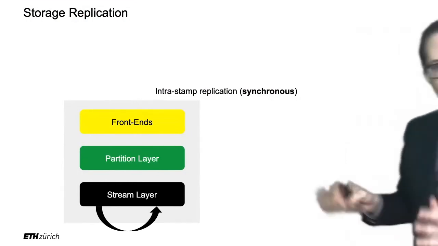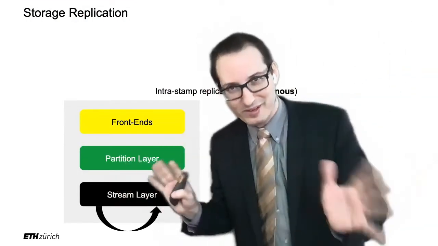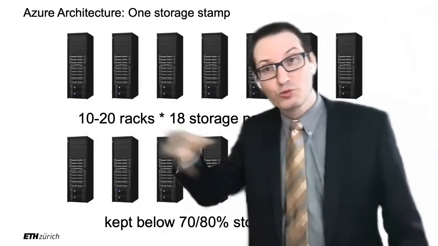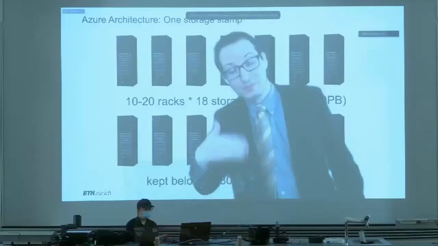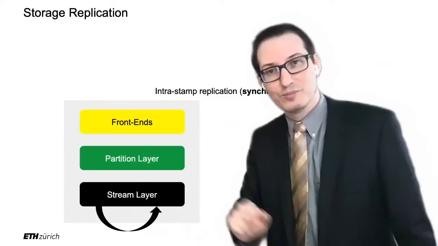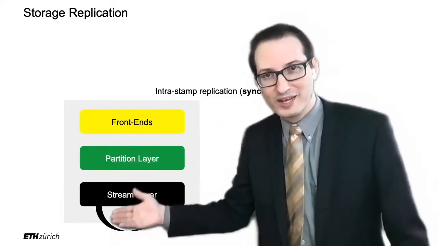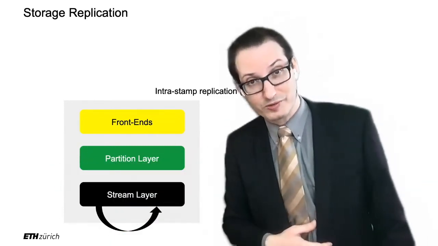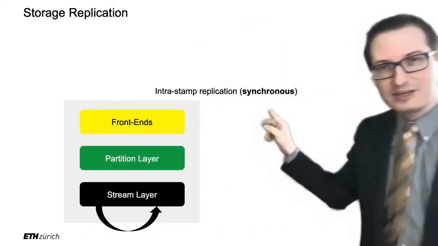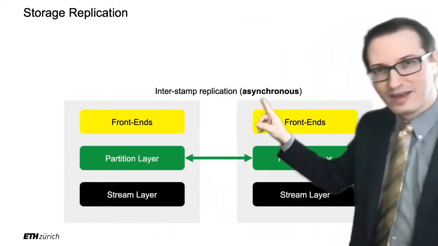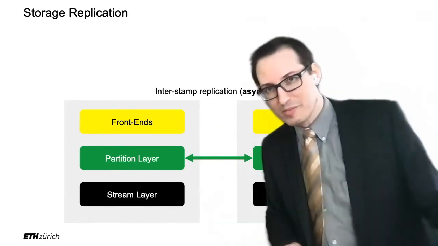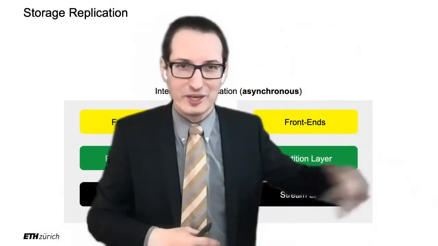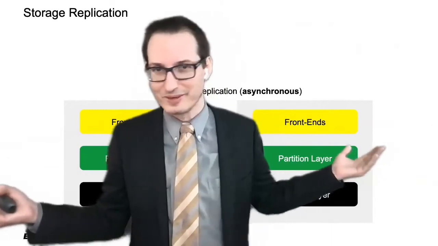So the way it works, also the details that probably happen in S3 as well, but they won't tell us, but in Azure they do. The idea is that within a storage stamp like that, they do replicate the data, right? So the same blob or object is going to be replicated when you store it. So you're going to wait until it's replicated 2 or 3 times, I don't know, and then it confirms that your object was successfully stored. Then once you're done, but this is then asynchronous. So this is synchronous because you have to wait. Asynchronous means when you're gone and do something else, it's going to start replicating it across the world. So maybe you start it in Frankfurt and now it's going to make a copy in New York, a copy in Beijing, and so on and so on. This is how it works.